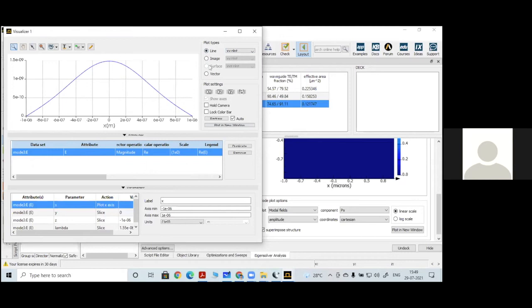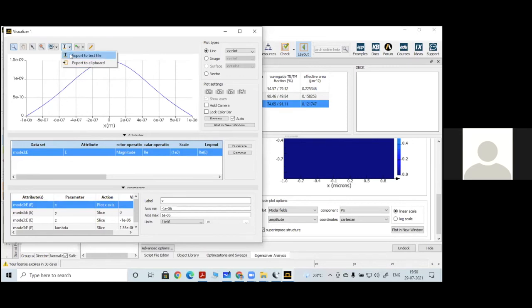As we know, the Gaussian pulse has its highest intensity at the center. Its intensity will be like 1 by root 2 pi into the standard deviation; some formula is there. Okay, so this is one single mode confinement. If you want to export this data in the form of an image, you can export it. All these options are there: PNG, JPEG, PDF, and EPS options. But we won't export this image as it is to use in our research papers. We will always export the text document.